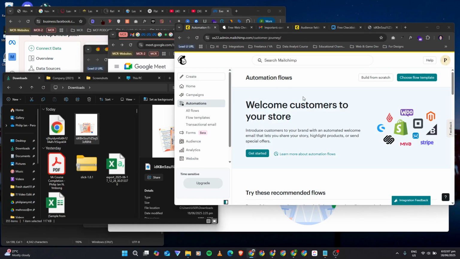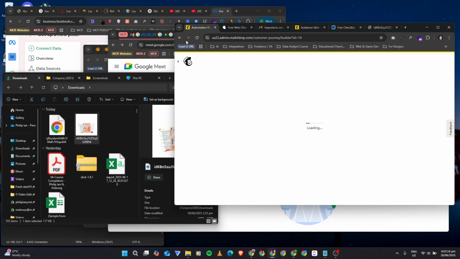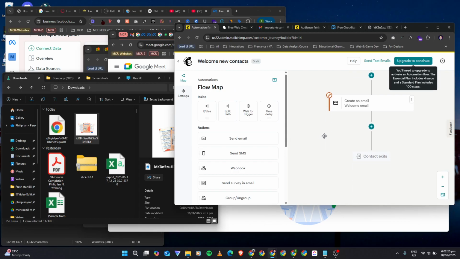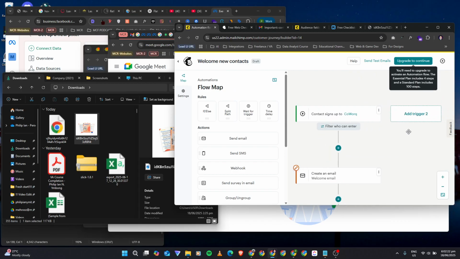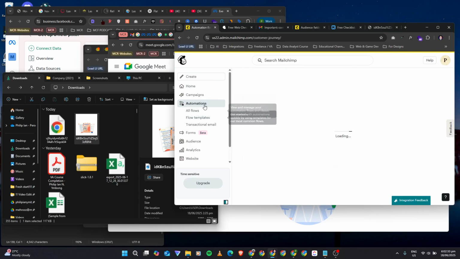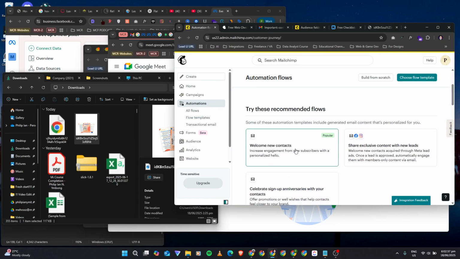So on the automation, on the workflows, when you are here already, you can click get started, or you can just go to the flows, but yeah, this is already okay. Yeah, we are welcoming new contacts, but you can also find this in this one here, welcome new contacts.